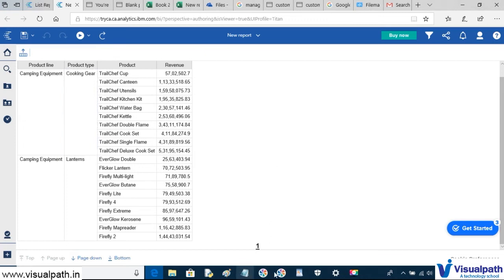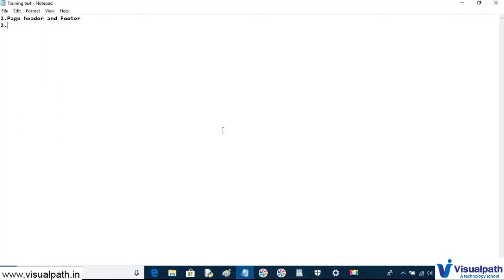So what we have learned till now: a basic list report creation, group by, applying sorting, applying group span.